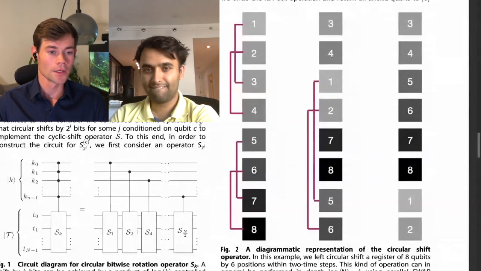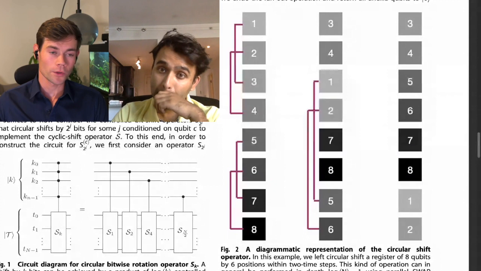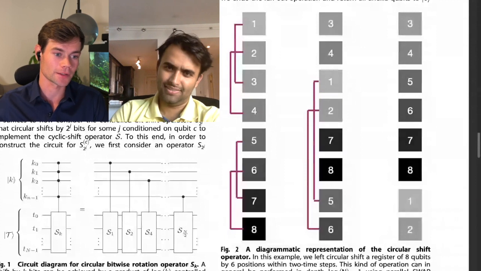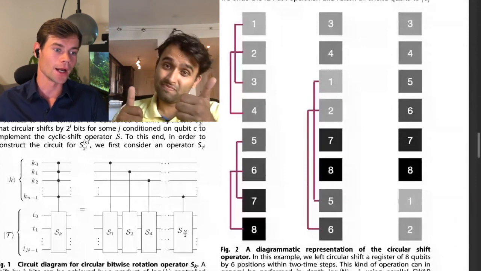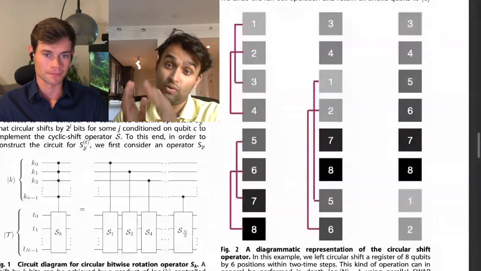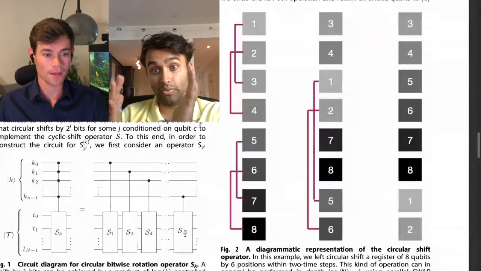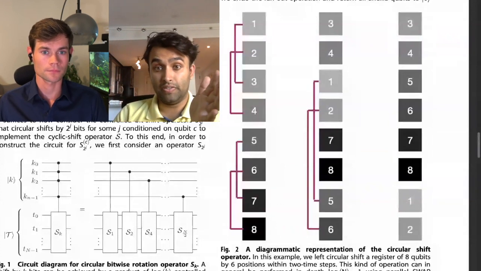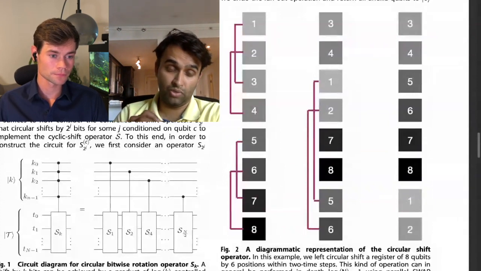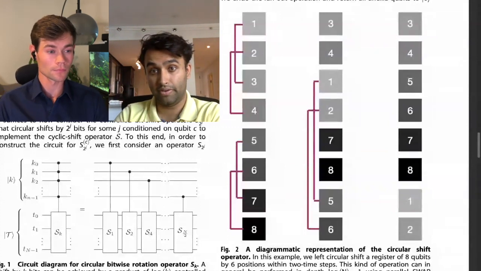Okay, so in conclusion then, for this rotation operation, what you really need is a set of swap operators applied in a sophisticated way. The essence of it comes down to that, with additional logic for understanding how you need to swap these bits. Exactly. The focus here really is on unit swap operations. The idea is simply to arrange them in such a way that you can do a lot of them in parallel, and that's relatively straightforward. And so once you have swap operations, and a clever design on the order of execution, you get there.